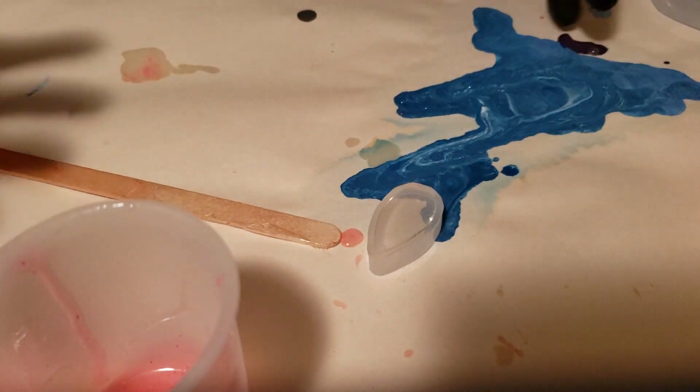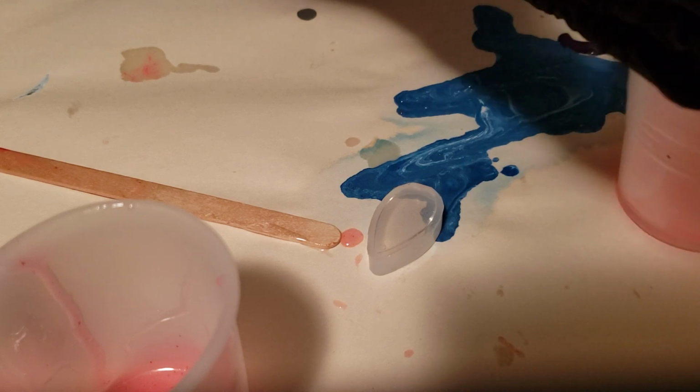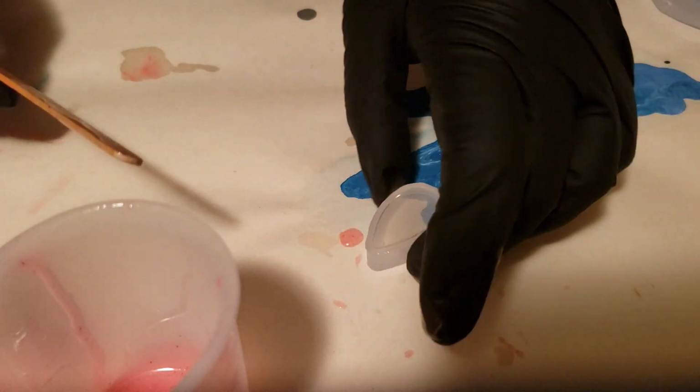I need to get my color in there. Oh, I put the ink away. Oh, I dumped over one of our gems. Oh, I'm making a hot mess. Sticky, hot mess. Not what I wanted to do. Okay. Well, let me